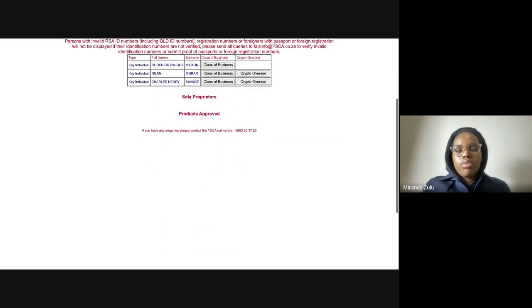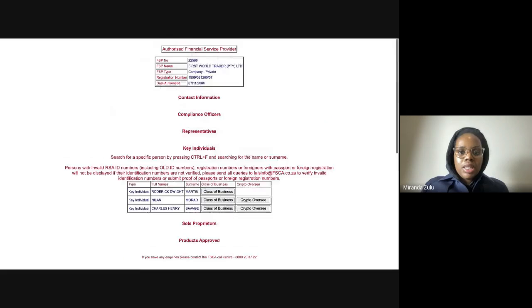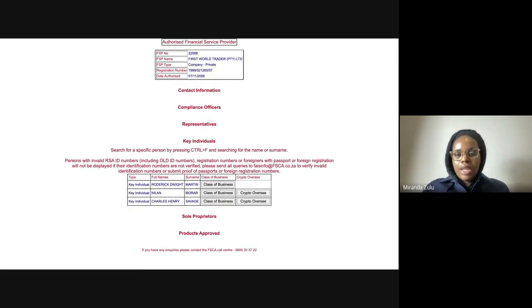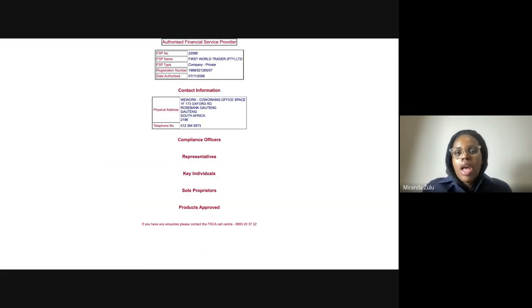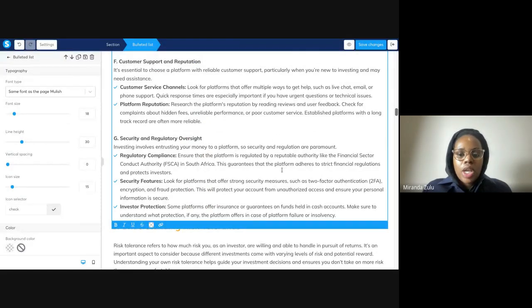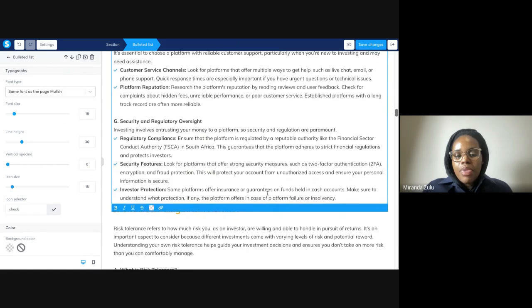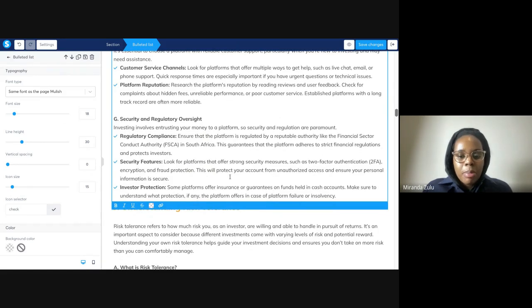So I know with crypto, it's a bit different, but it falls in line with that. So you need to just vet and check companies. It's really important to do this process, especially if it's a new company you've never heard of before and you're considering investing with them. Just double check that they are registered with the FSCA, and then make sure that the platform has security measures in place, especially for an app. So is there a way for them to verify that you are the person that is using that app or that account?